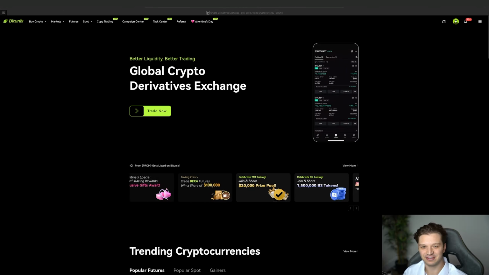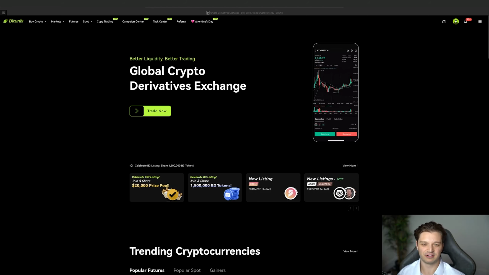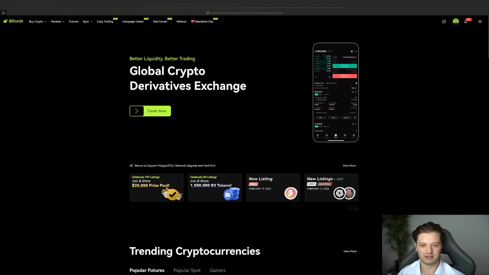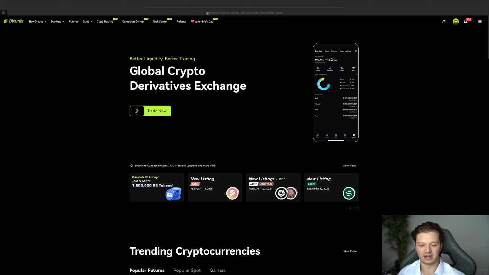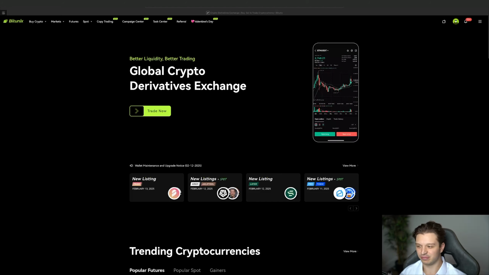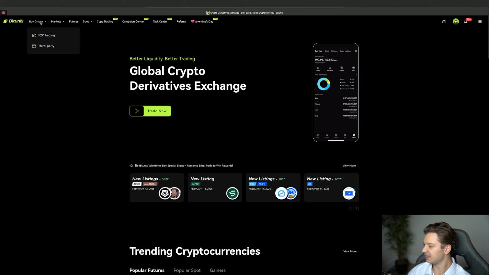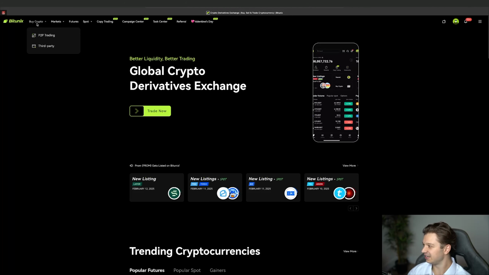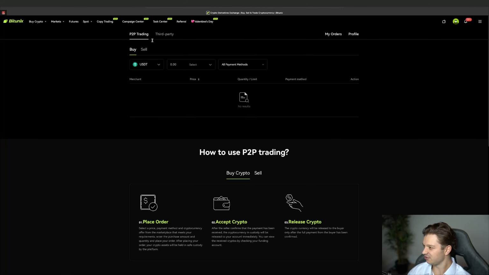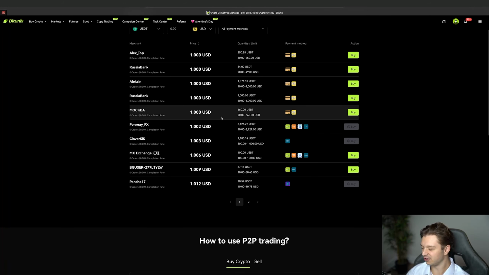Alright guys, so now that you have your account set up and you're signed in, what we need to do is purchase some form of crypto in order to get the Bitcoin. So in other terms, we need to deposit USDT so we can buy our Bitcoin. There's actually a few ways we can do this. One of them is you click this buy crypto button in the top left, and you can use P2P. To do so, you would have to be KYC'd, and you can actually purchase USDT from real people